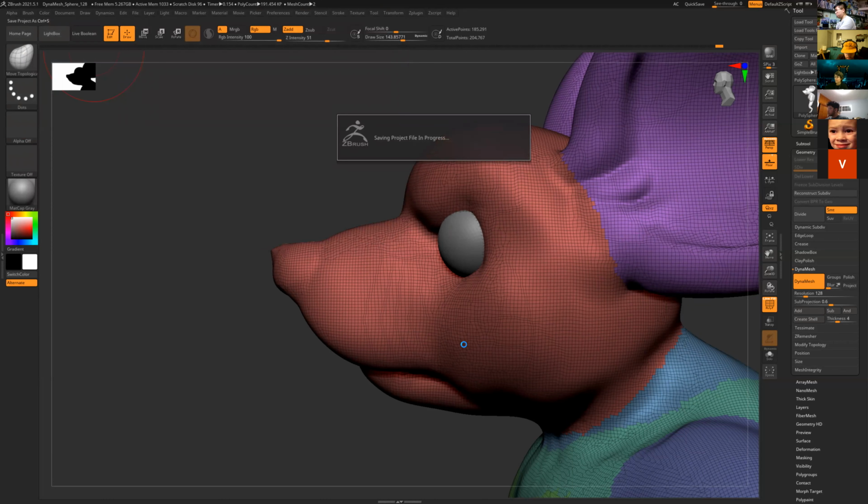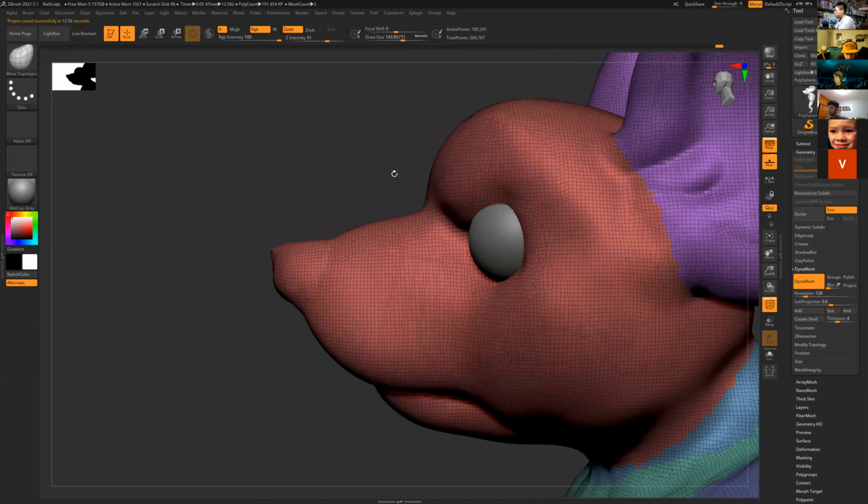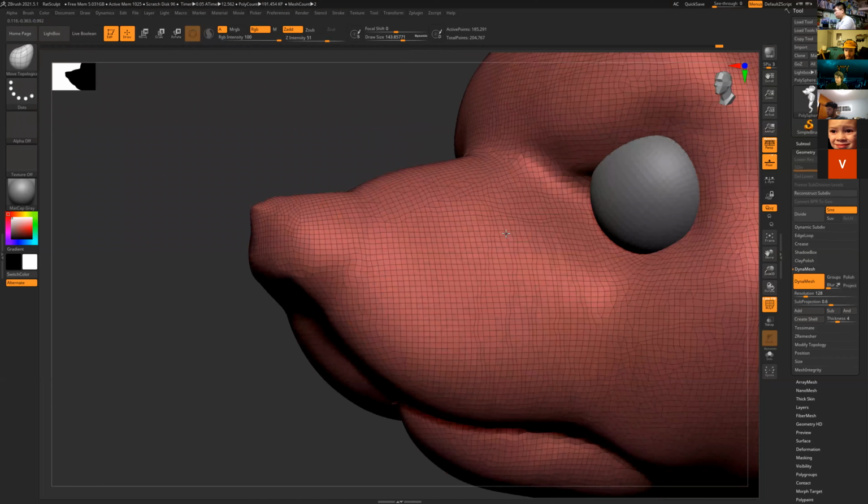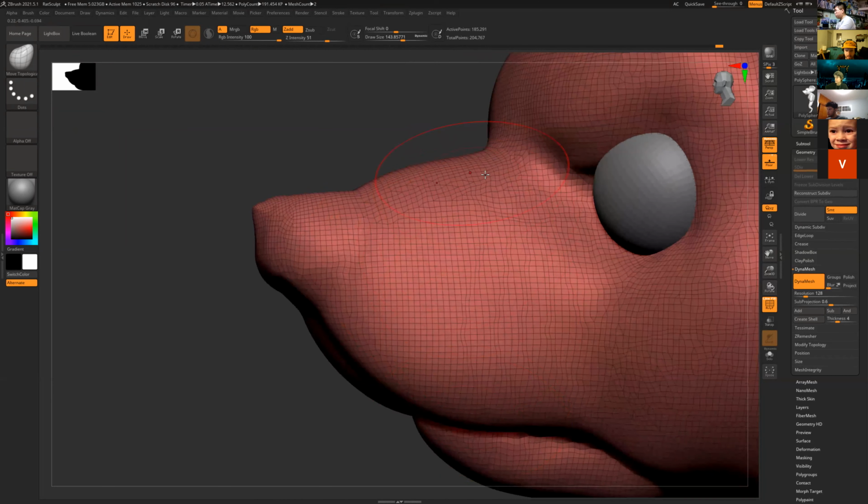So notice, this is a talk on topology. Right now our topology is running straight up and down and across the mesh. It's not really following the form of it, or the curves of this character, and you have these weird jagged edges flowing into each other. It's bad topology. So Z-Remesh: if I click this, and I'm going to leave it on Same, and maybe